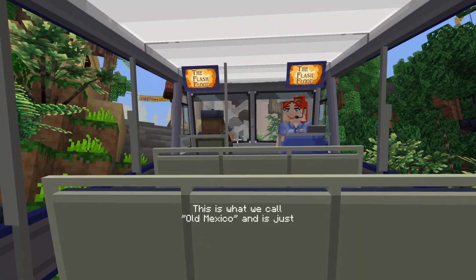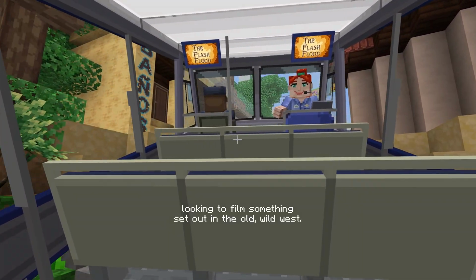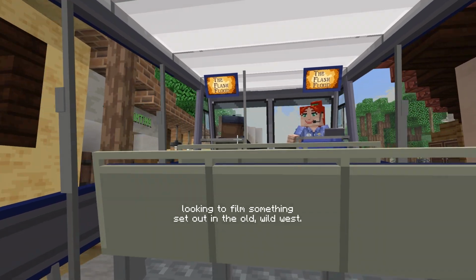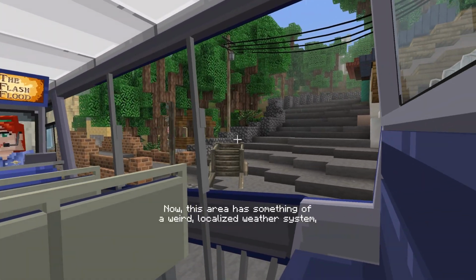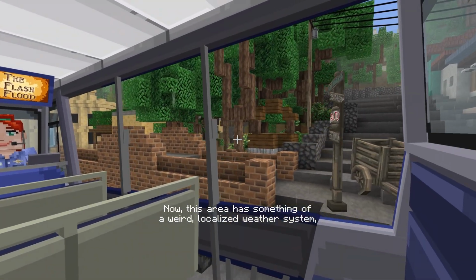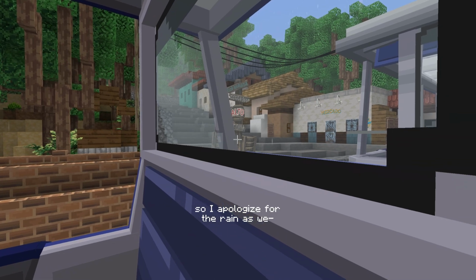This is what we call Old Mexico, and it's just the kind of place we'd take a camera crew if they were looking to film something set out in the old Wild West. Now this area has something of a weird localized weather system, so I apologize for the rain as we...